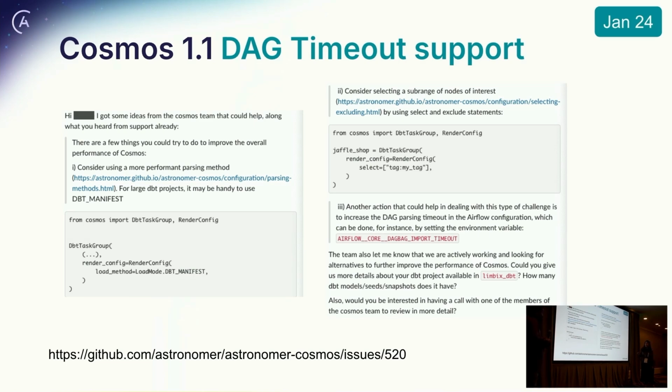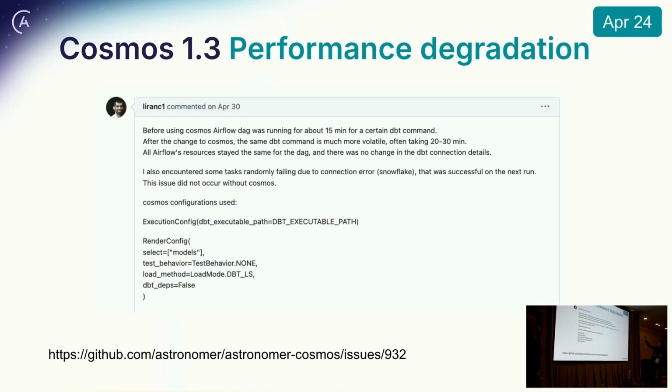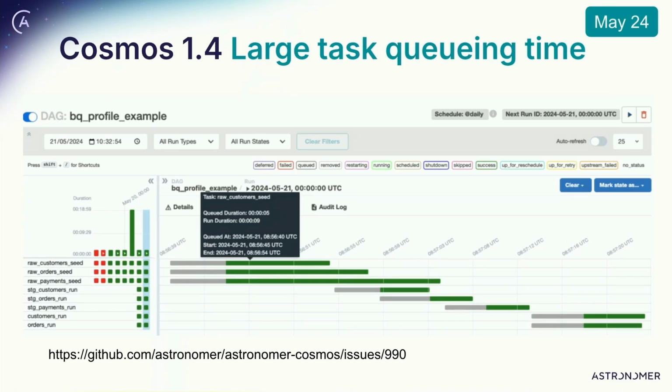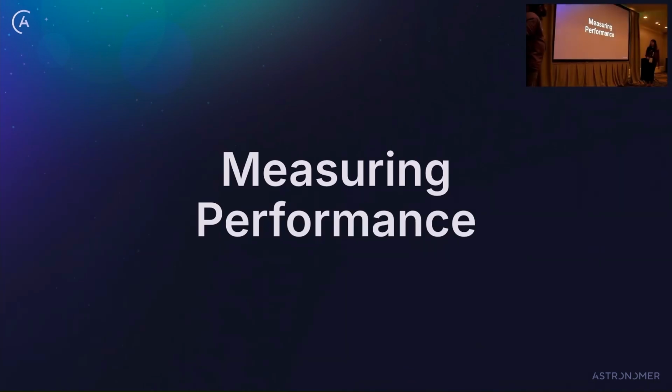but others said, I don't like this solution. That's bad. And then we said, okay, we would do our best to get dbt ls working better. There was feedback from the community again on slowness, so you can see this January, February, April, people saying before it was taking 15 minutes, now it's taking 30 minutes. And then there was this very demanding customer from Astronomer who said, I implemented the same pipeline using bash operators, and with Cosmos, I'm facing 20 to 30 seconds in the task queuing time, but with my bash operator, it is almost 0. So what are you guys doing wrong? And then we worked closely with them to try to overcome those things.